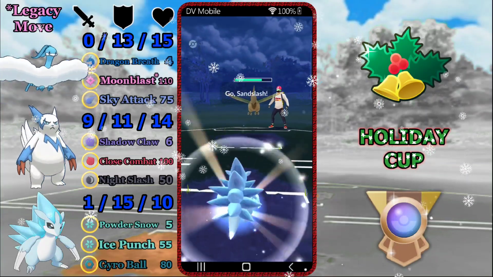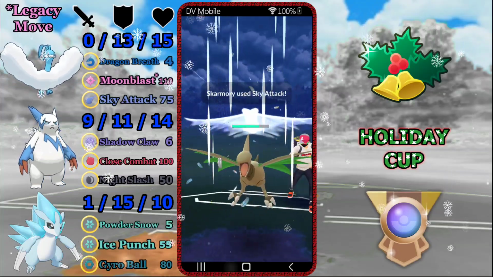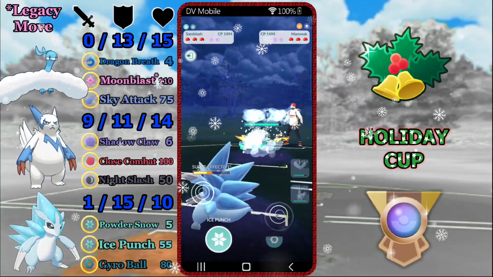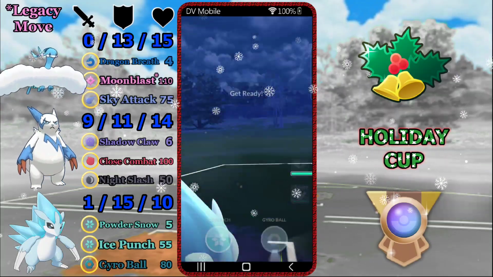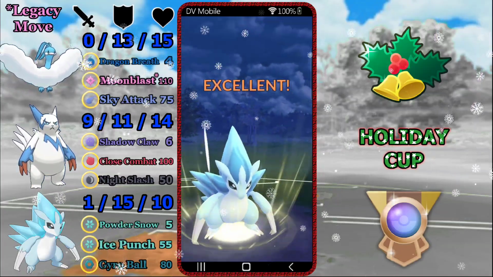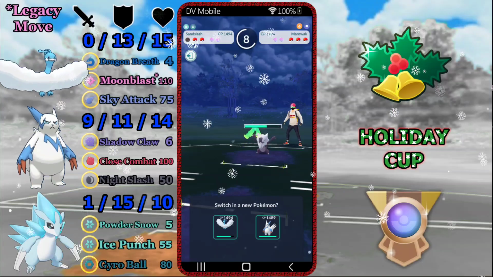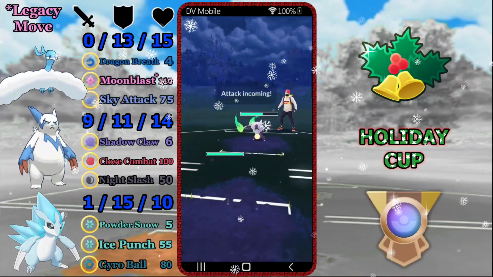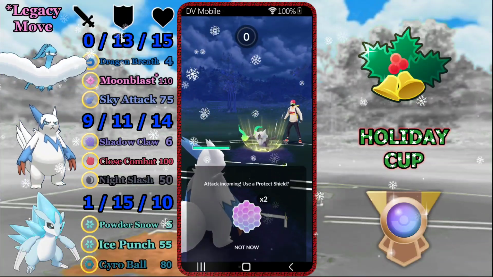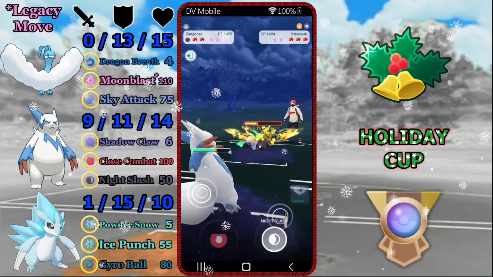Right, now, this Skarmory lead was the only Skarmory lead I have seen my entire time playing Holiday Cup. With any team, that is the only Skarmory I've seen. And it's a pretty neutral matchup with pretty much everything on this team, apart from SandSlash. SandSlash does beat Skarmory pretty handily, unless Skarmory actually has Flash Cannon or Steel Wing as a fast move. It can put a little bit more work in. But we decided to swap out and see if we can bait out a counter user